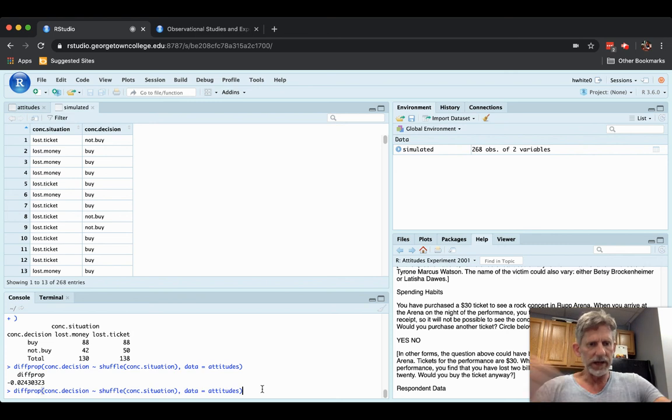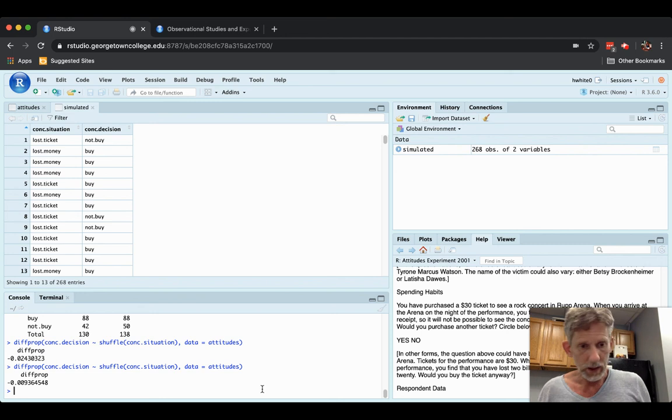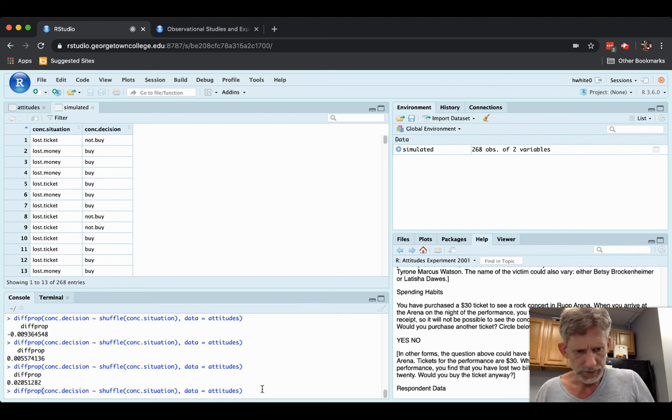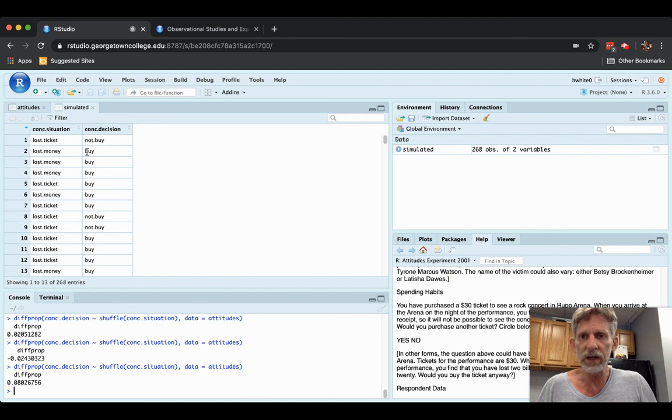So I shuffle again. It's like randomly handing out the forms again to these people. Oh, that's less than a 1% difference. Try again. That's about a 0.5% difference. That's about a 2% difference. About a 2% difference. About an 8% difference. And you could go on like this. I suggest that you just try that code a number of times. You can very quickly get it again and again just by using the up arrow in RStudio. Just press the up arrow on your keyboard and you get your command back again,